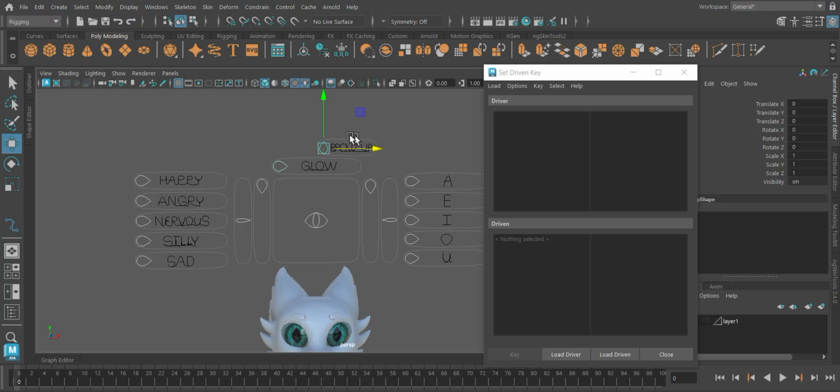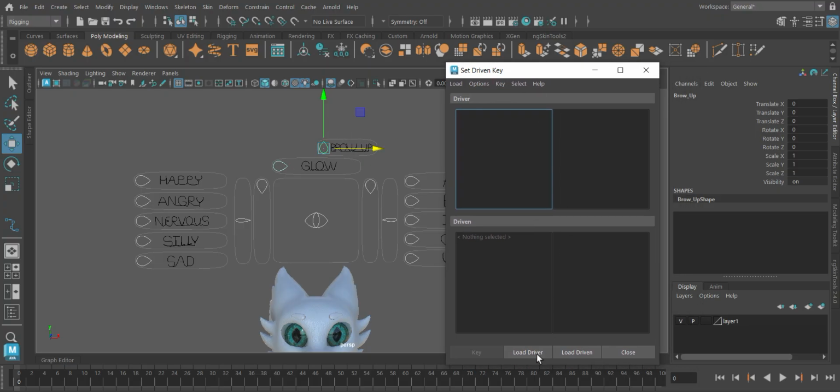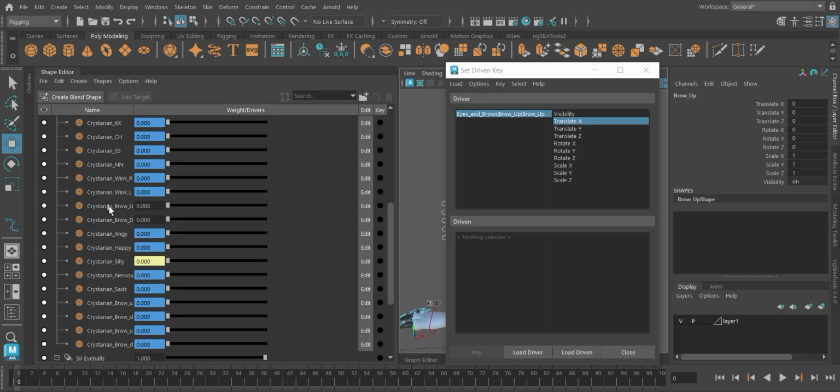So we're going to click on our little guy up here. He is going to drive the animation. So we're going to load the driver, and we're going to choose Translate X. Now we're going to want to load in the blend shape. Now, unfortunately, you cannot just go to here, click here, and then load